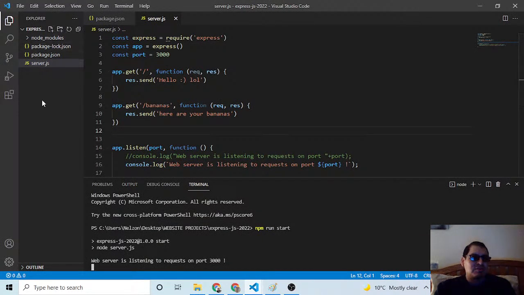I know where it is. It's called Express.js 2022. This is an example of my hello world. This is my hello world. But it's Express. And I'm going to delete node modules and then just copy all the